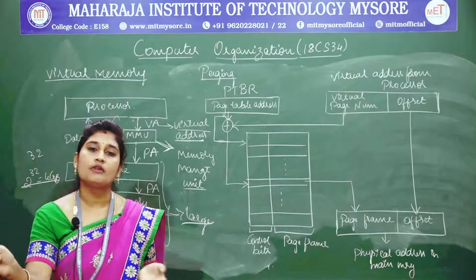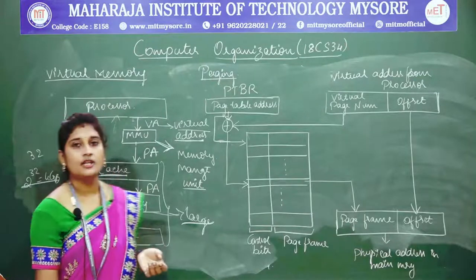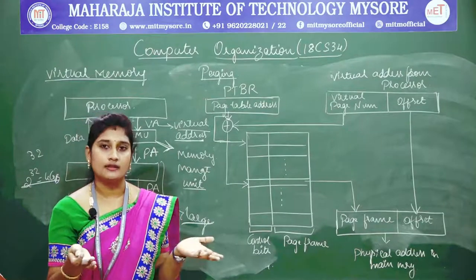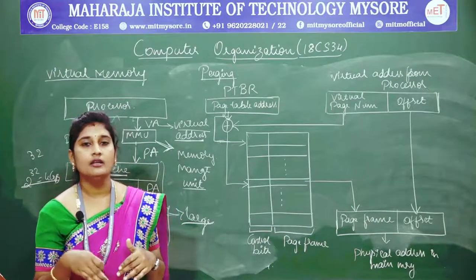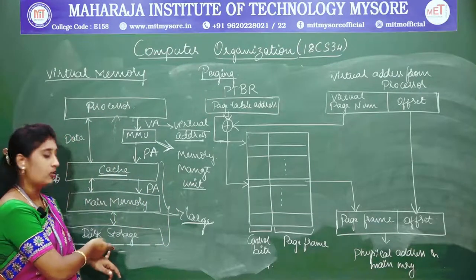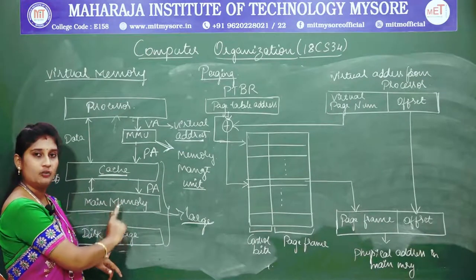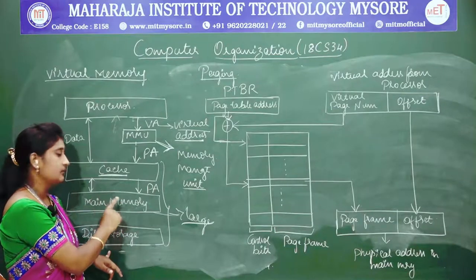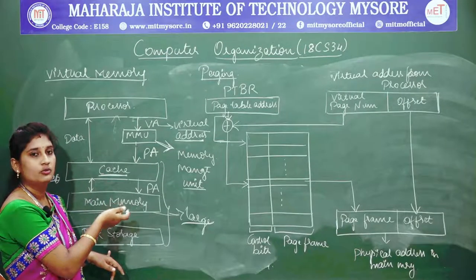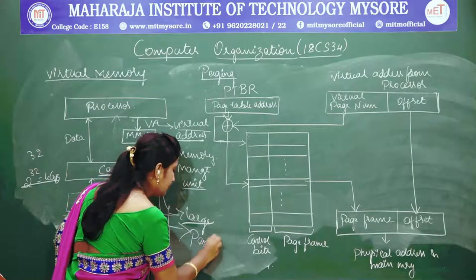What is the purpose of using the cache that you used earlier? The cache was speeding up the gap between the main memory and the processor, isn't it? Again, whatever data I have stored in my secondary storage, I need to bring onto my main memory. The access time for moving the content from secondary storage to main memory is time consuming. So I move on to another technique called paging.